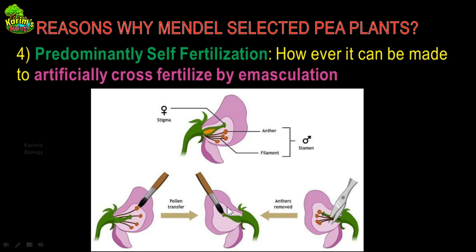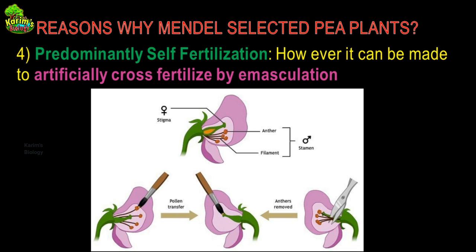Okay, so this is what Mendel did. Whenever he tried to perform cross-fertilization, he carefully removed these anthers by the method of emasculation before they mature, and artificially made this flower into a unisexual flower. Now he took another plant and selected the pollen grains from another experimental plant, and he carefully transferred, with the help of a brush, the pollen grains of one flower onto the stigma of the other plant. So this is how he performed the cross fertilization by the method of emasculation. Okay, and this is the most convenient method.